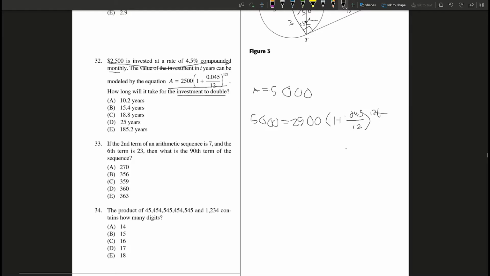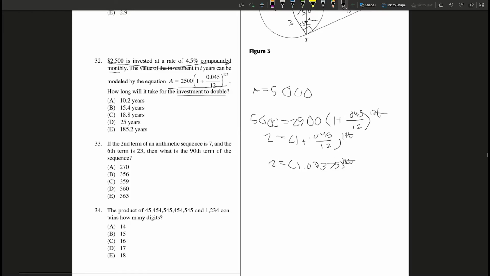We're going to divide both sides by 2,500 because we want to end up isolating this t. So 2 is equal to 1 plus 0.045 over 12 to the 12t. And then I'm just going to reduce this to a decimal. So let's see what that is. 0.045 over 12. That's going to be 2 equals 1.00375 to the